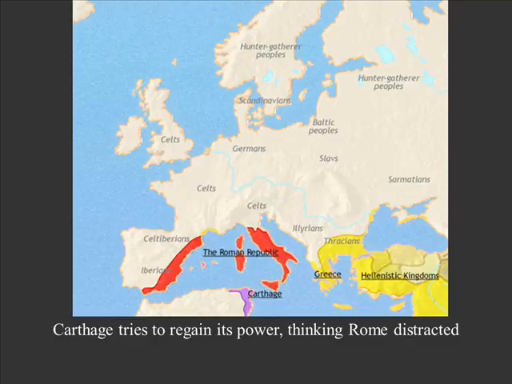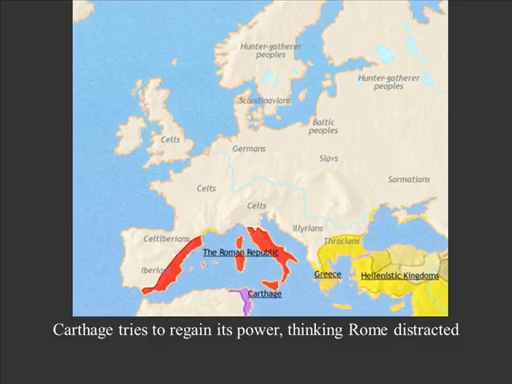Which is an unbelievable miscalculation. Carthage doesn't have a navy to attack with, and they're going to try to attack suddenly against Rome, which just doesn't work on any level. So you see that this Third Punic War is much shorter than either of the first two, because the Romans destroyed the Carthaginian army quickly and then went to Carthage. And the Roman decision at this point is to annihilate Carthage, again as an example to any possible enemies out there,